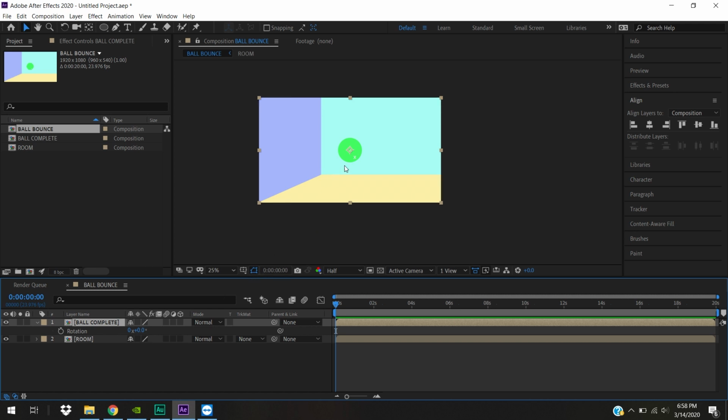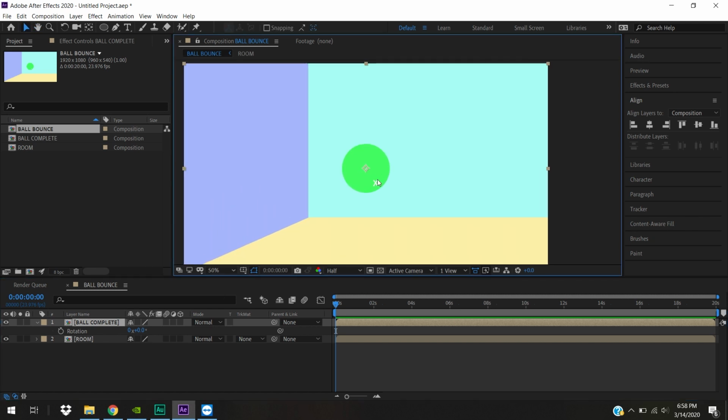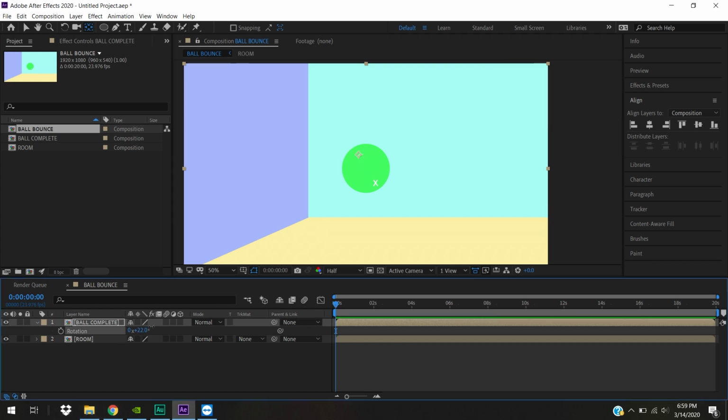If you have issues here, if you need to move your anchor point to the center of the ball for some reason, like you might have missed a step or had some kind of issue, there is a tool up here in the toolbar called the pan behind tool. It's a Y on your keyboard, and you can click and drag an anchor point to wherever you want it to be. And wherever that anchor point is,